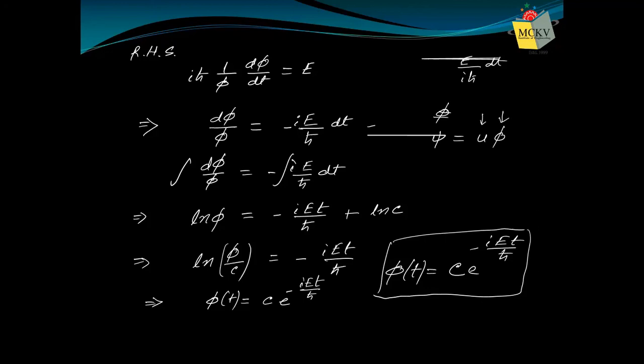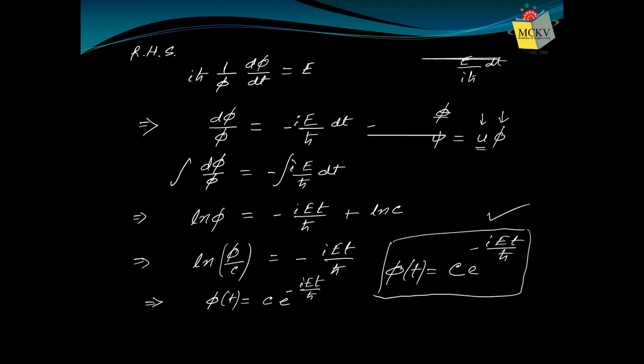But you observe here, we need not find phi. The time dependent part is already known. Its form is some constant times e to the power iEt by h cut. That means if you know the energy, then phi is also known. You need not bother about phi. Trust me. What you actually need to solve is u. If you solve u, phi is already known, you just multiply it.